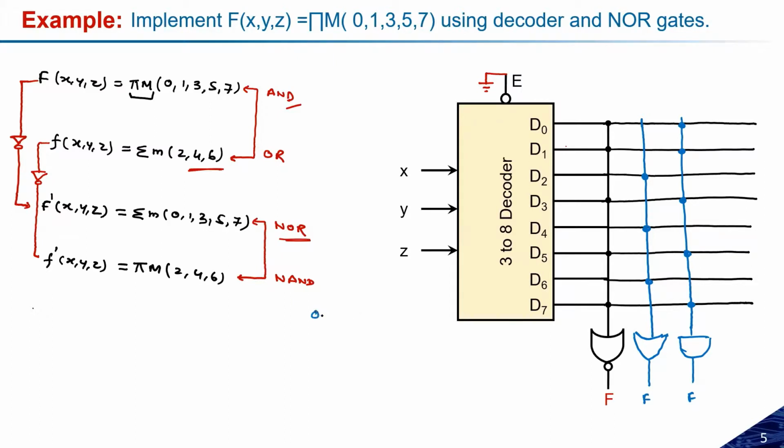If XYZ is 0, 0, 0, then D0 will be 1 and the rest will all be 0, right? 1, 2, 3, 4, 5, 6, 7, 8. Okay, so this is the possibility. If 0, 0, 1 is there, then the possibility will be 0, 1, 0, 0, 0, 0, 0, and 0,